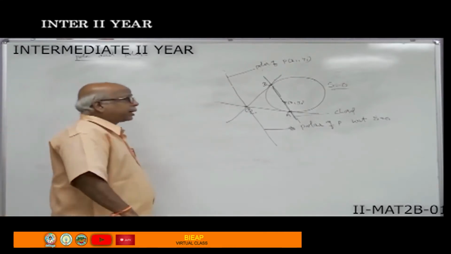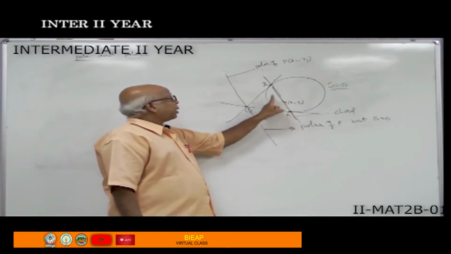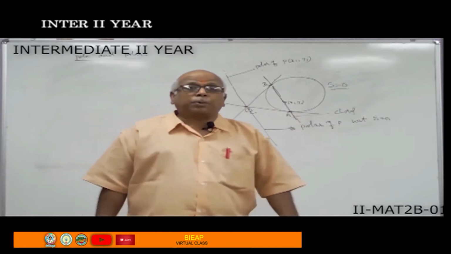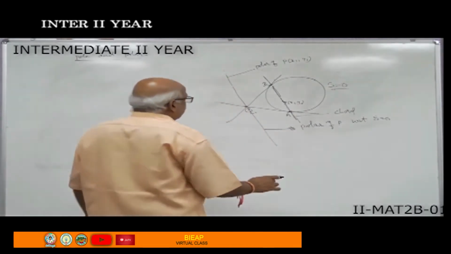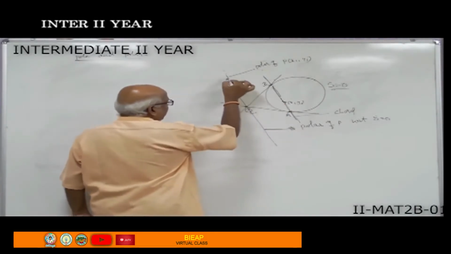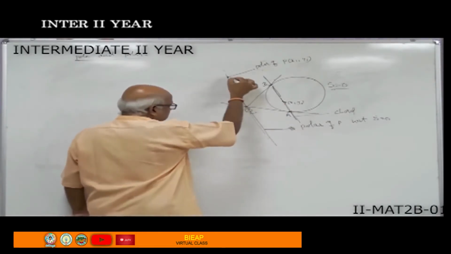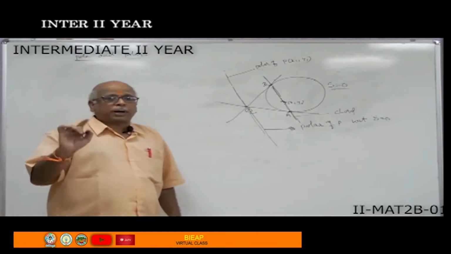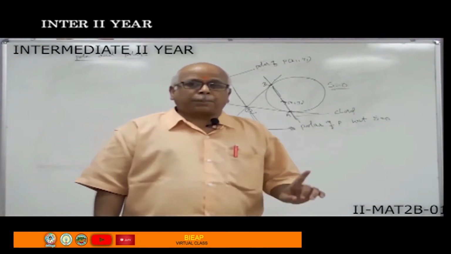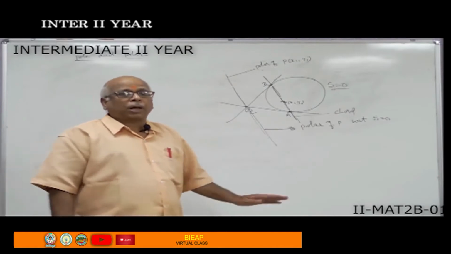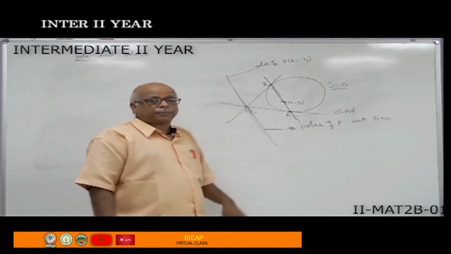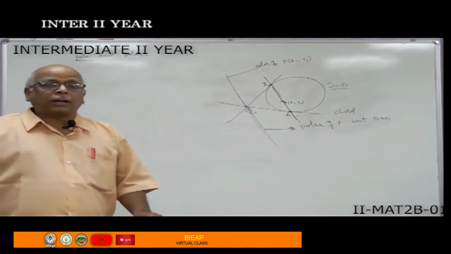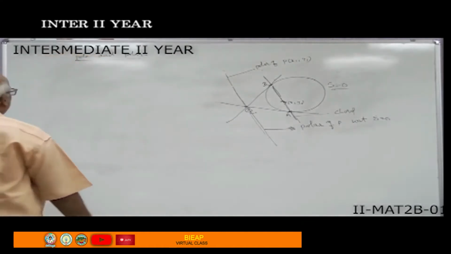And here one more point I want to mention. P is the given point and this line is the polar, and this point is called the pole. Don't get confused. To this point P, this line is the polar. To this line, this point is the pole. Pole is a point, polar is a line. Pole always represents a point, polar always represents a straight line. Now, how to derive the equation of polar to the given point P with respect to the circle?